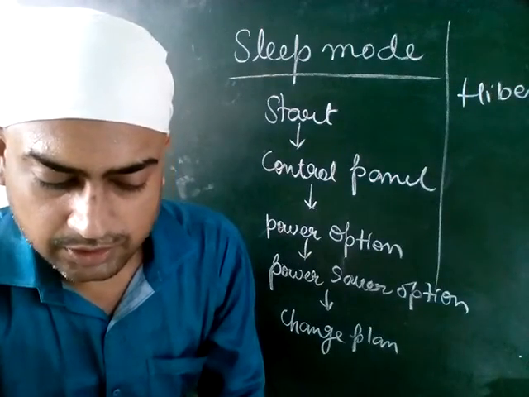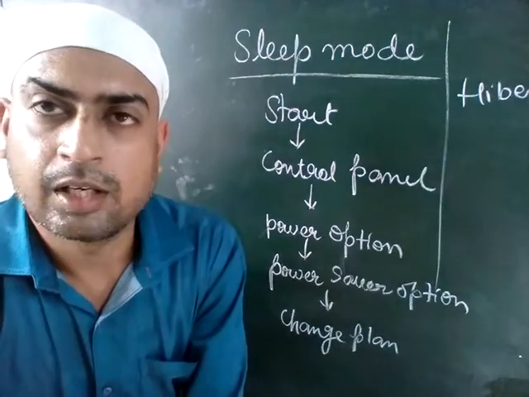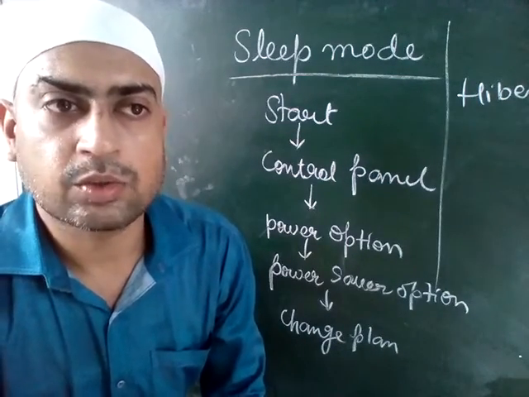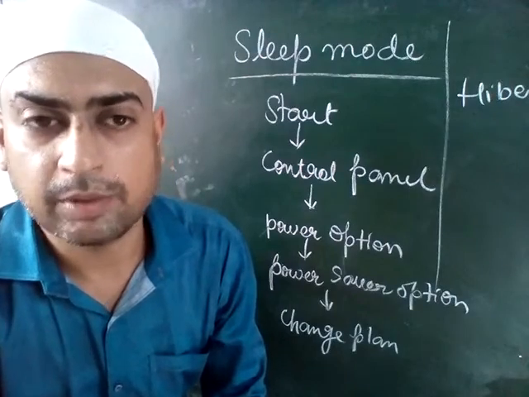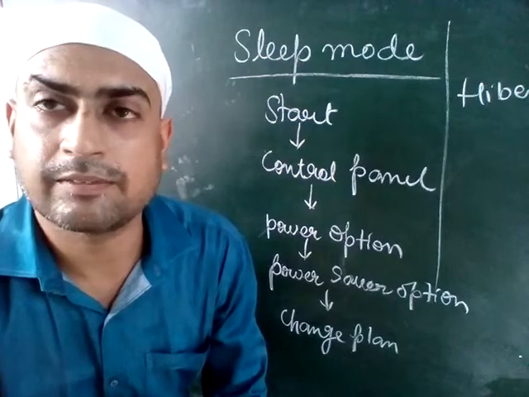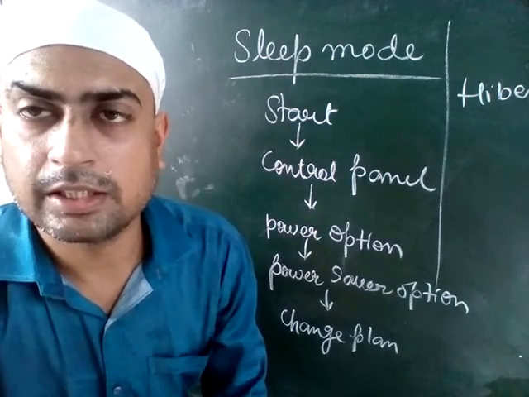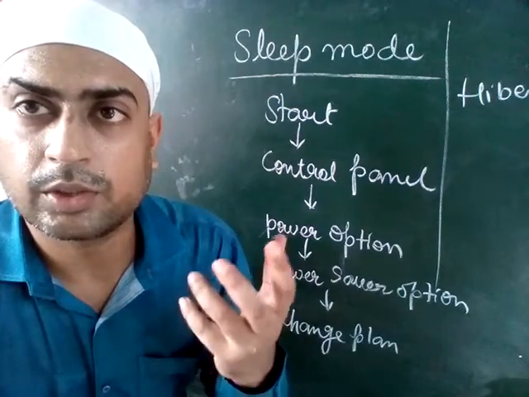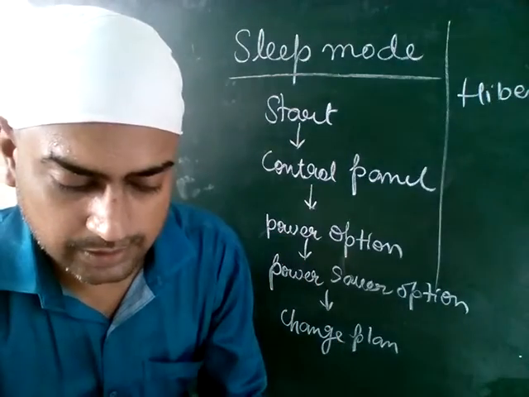Which option is used to change the mouse setting? We can use control panel. In control panel we can go to the mouse setting, and in that mouse setting we can change different options whatever we want. For example, if we want to change the pointer's speed, we can do that. If we want to change the pointer display, that is also possible.